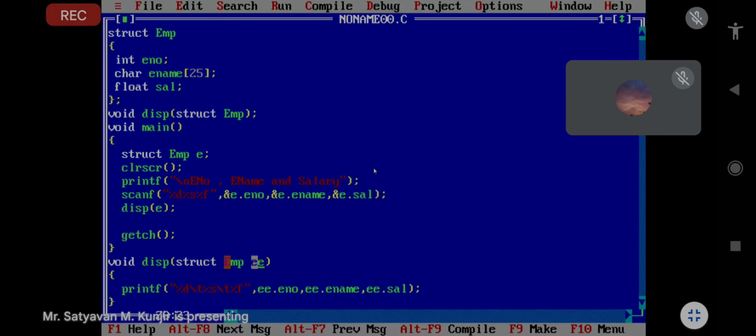E is one variable and EE is another variable. What we are doing here, we are copying the data from this E to this EE. So its name can be different. If you want to take triple E, if you want to take E, any variable you can take, but that variable we have to use here. Is it clear? Okay, sir. Thank you.